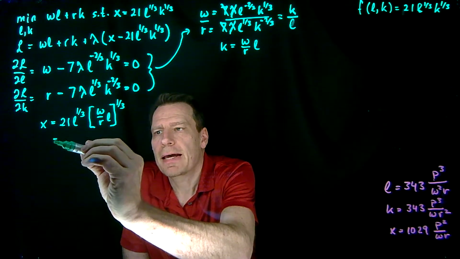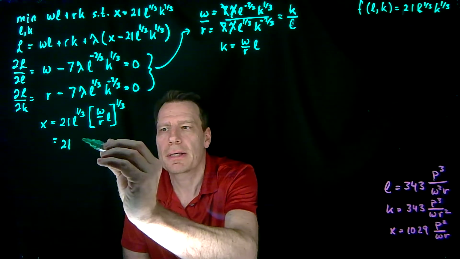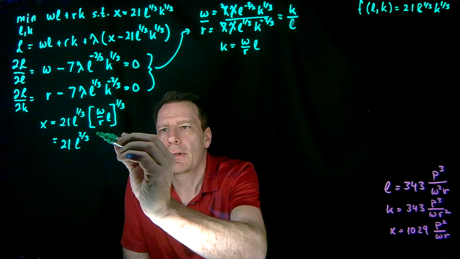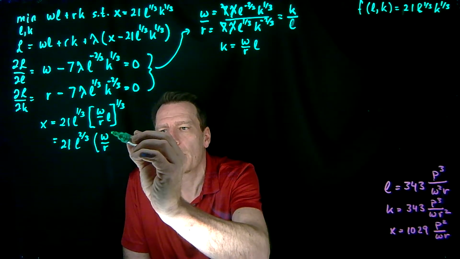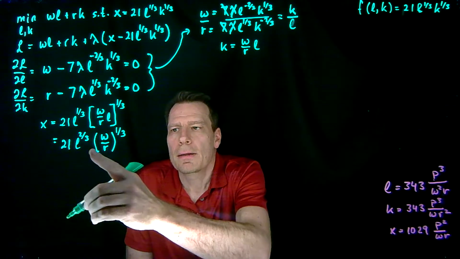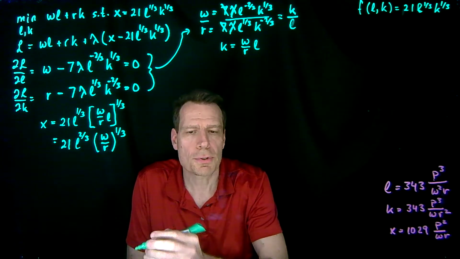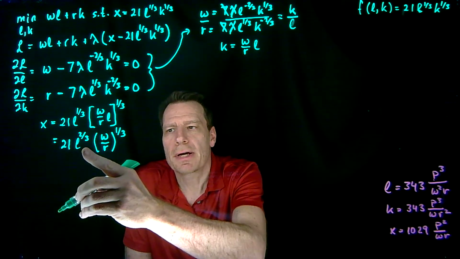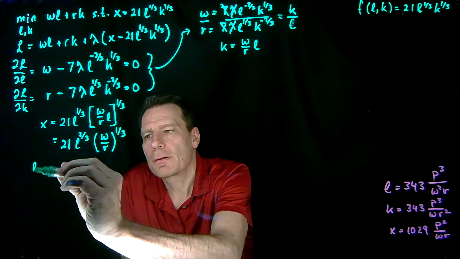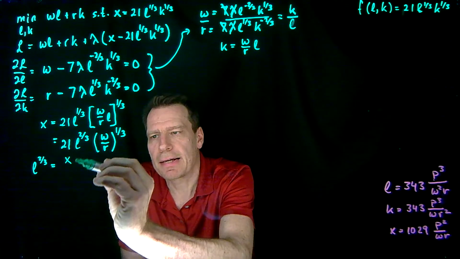Now we can simplify that to 21 L to the 1/3 times L to the 1/3 will be L to the 2/3 times W over R to the 1/3. We want to have an expression that tells us how much labor we're going to need to produce a certain level of output. So we're going to solve for L. So we want L on one side and everything else on the other side. So L to the 2/3 is equal to x divided by 21